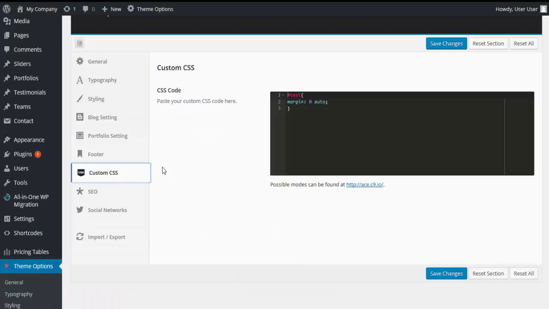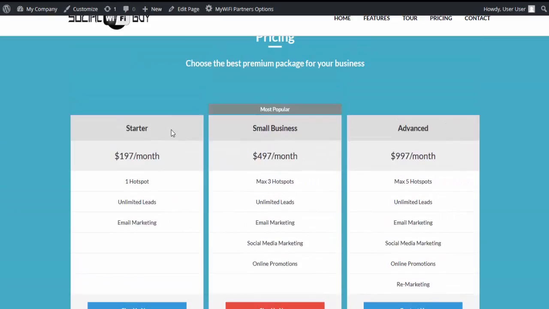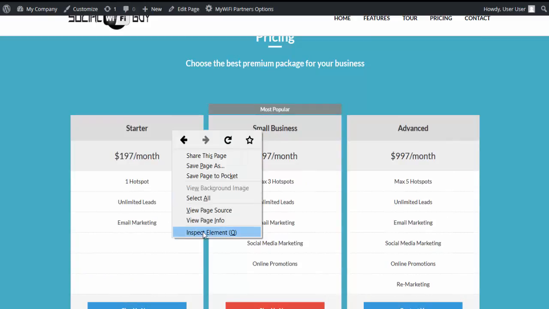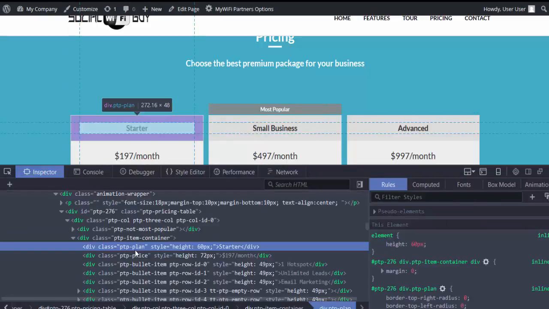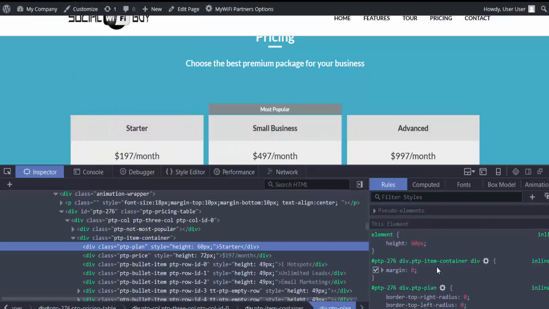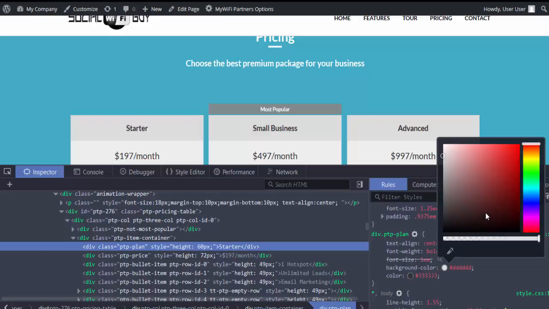Here's your custom CSS. You can change anything you want on your site. For instance, say we wanted to change the color of the headers. You can do this in just about any browser. Look at that header here, you inspect element. We can see that's a PTP plan. You can see the background color here. Most editors you can do this. You can pick a different color. Say we wanted to pick